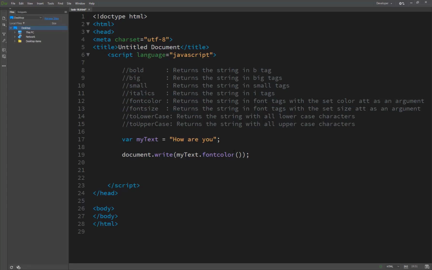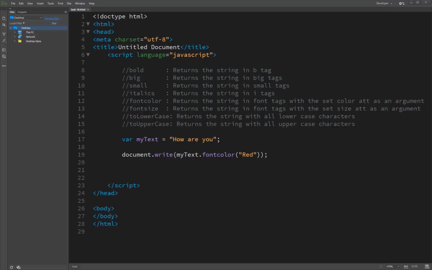We write this function as font color, but which color we want to apply on my text, or "how are you"? So we just pass the attribute as an argument, in the brackets. Let's suppose I write red, and now you see our text color is red, blue, and now you see blue.